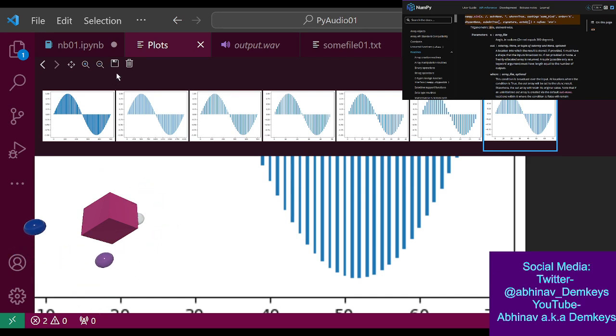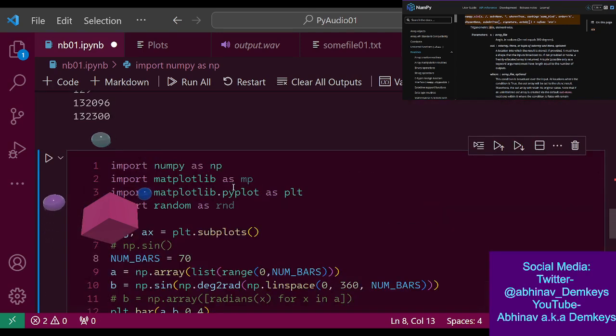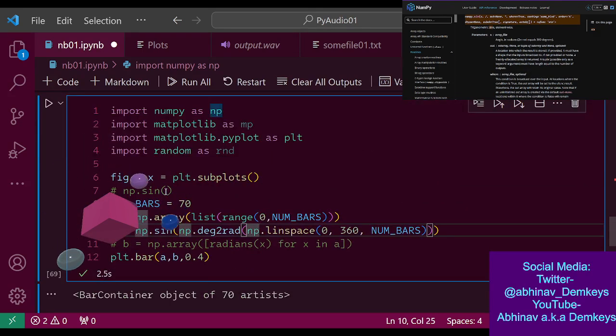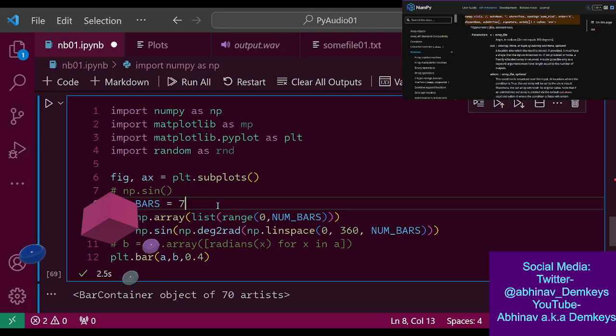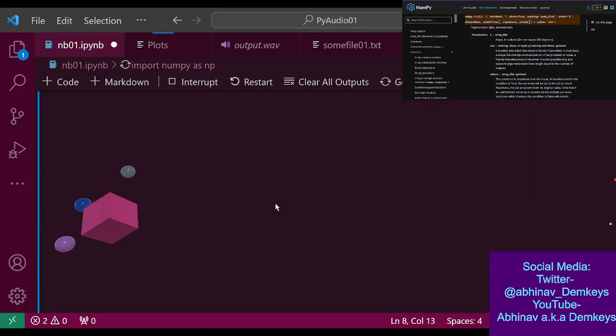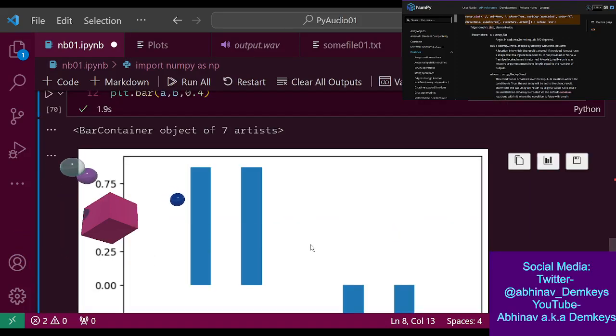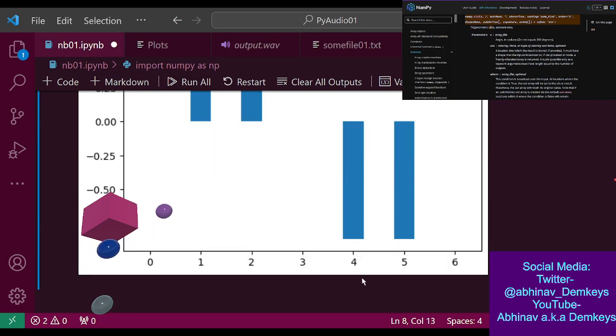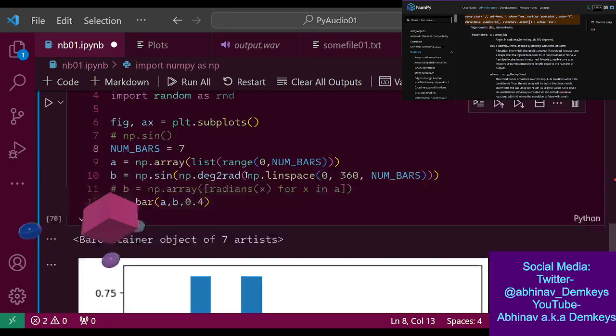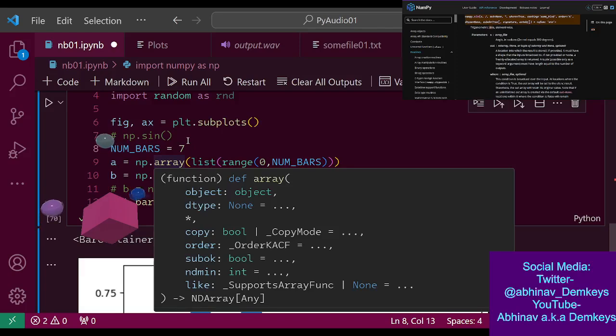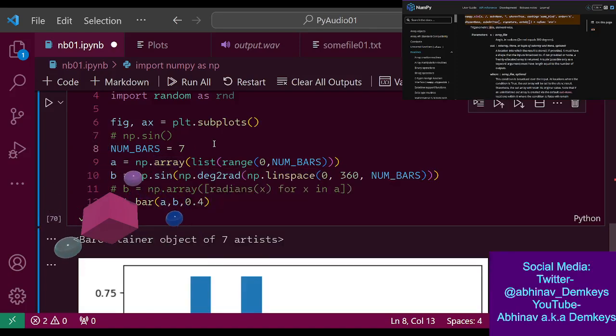Is there supposed to be spacing? I think there is a little bit of spacing, right? What if I just set up 7 samples? Yeah, there is a tiny bit of spacing there. Yeah, there is spacing. Okay. All right.